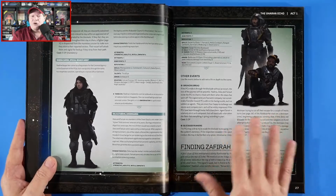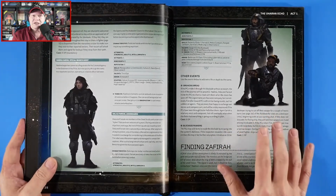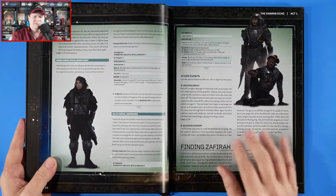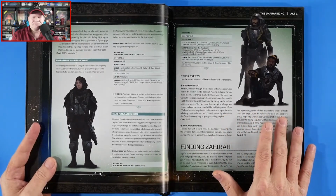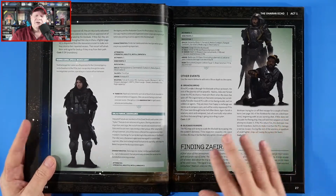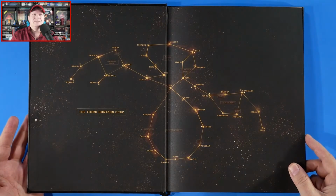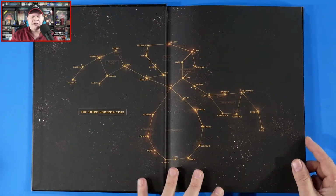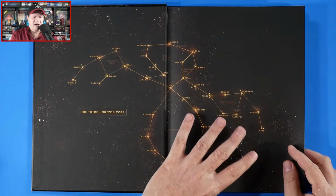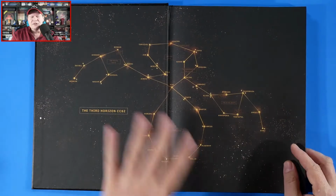So if you are not overly familiar with Coriolis, the Third Horizon, which is the core book, the core system book, Coriolis is this huge space station. And the Third Horizon is, I'll jump back to the map here in the front. This is the Third Horizon. So the Third Horizon is actually a series of star systems that are kind of loosely